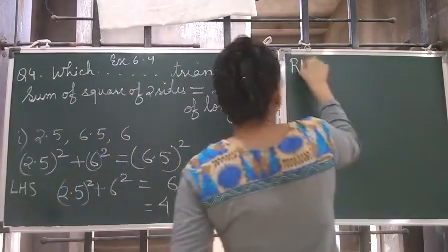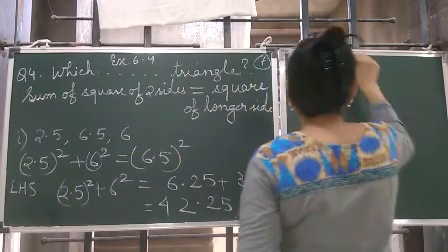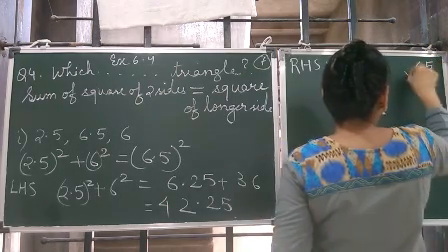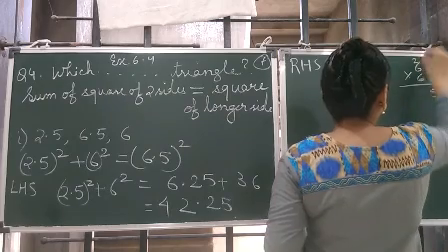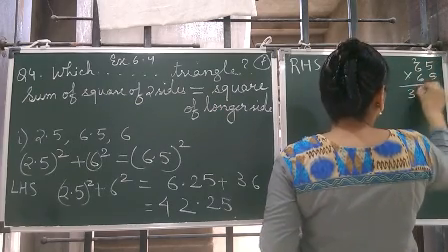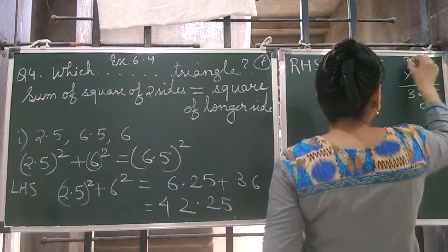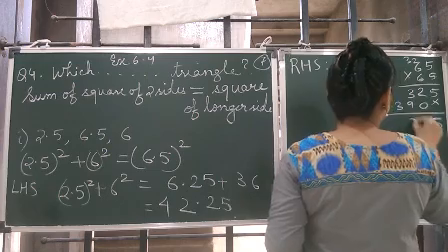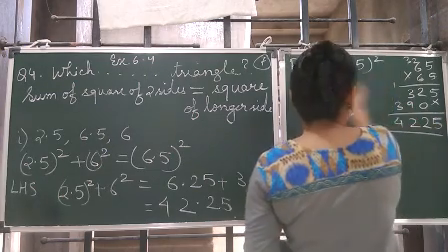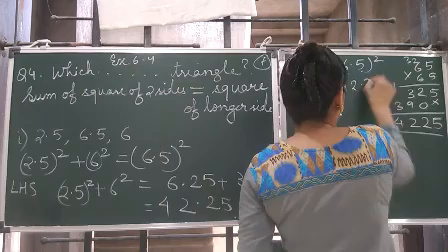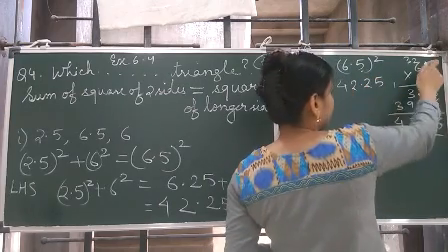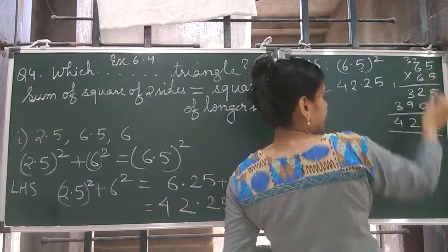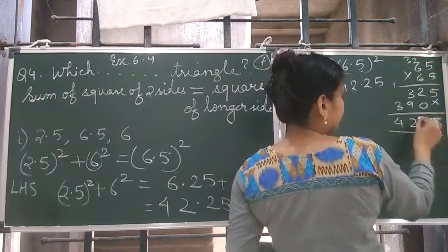We do the RHS now. RHS is equal to, what is the RHS? 6.5 square. So we do 65 into 65. 5 fives are 25, 5 sixes are 30, 32. 6 fives are 30, 6 sixes are 36, 37, 38, 39. And 2 place decimals, so 42.25. Why 2 place decimal? Because it is 65 into 65, so 1 place decimal here, 1 place decimal here, so 2 place decimal in the product.